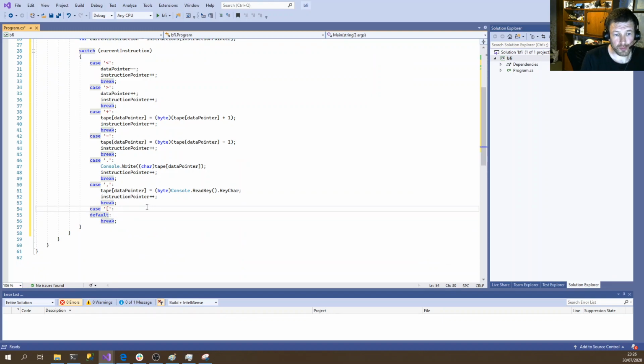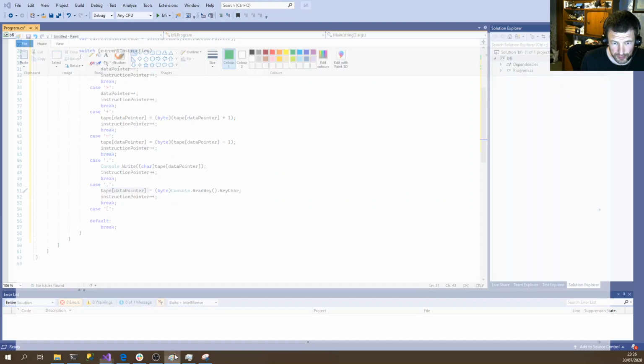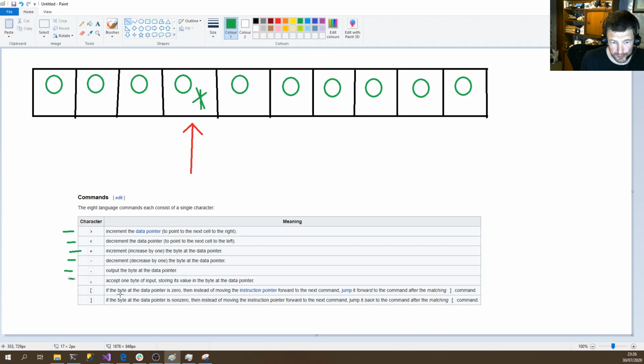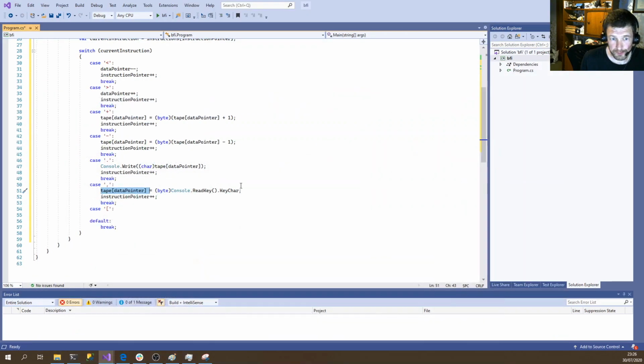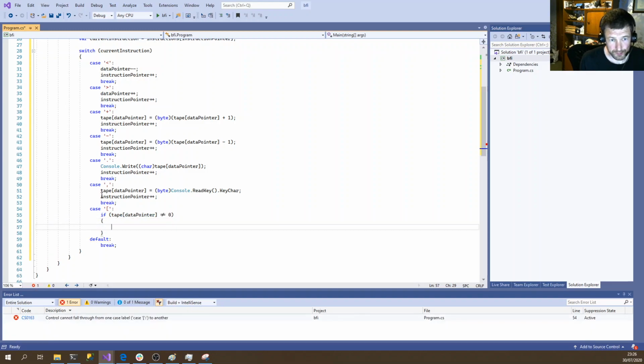Now, however, we need to say, well, if it is 0, we can jump around it. So if it's not 0, we do what we normally do and just go forward by 1. Else,